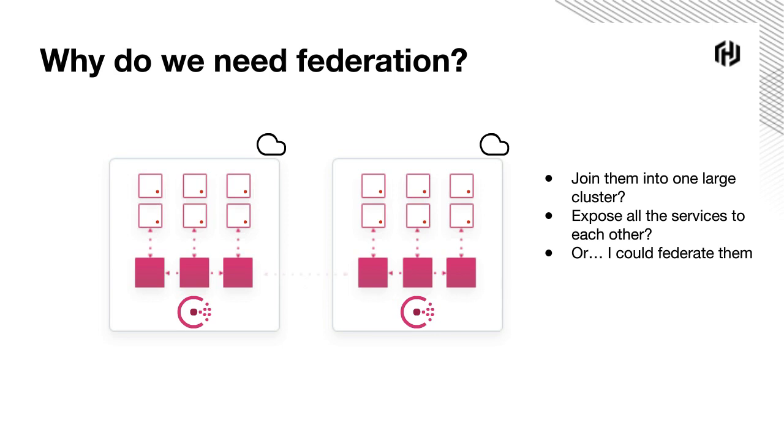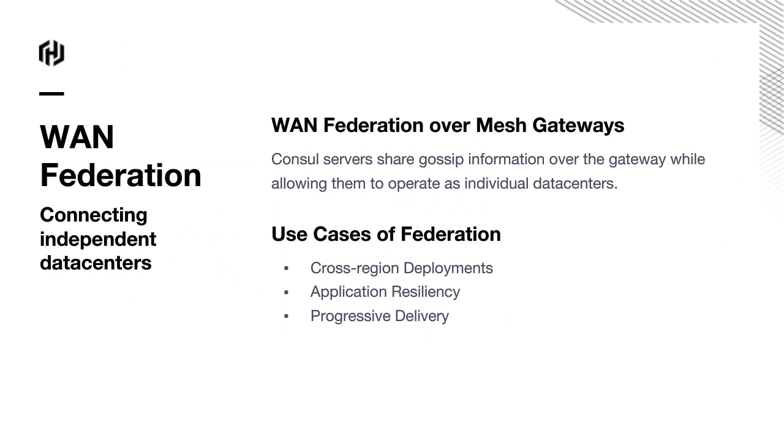And there's where we have this kind of communication piece. So what we're talking about specifically when we say federation is what we call WAN federation over mesh gateways. So to back up a little bit, the way that Consul operates is that it has a gossip